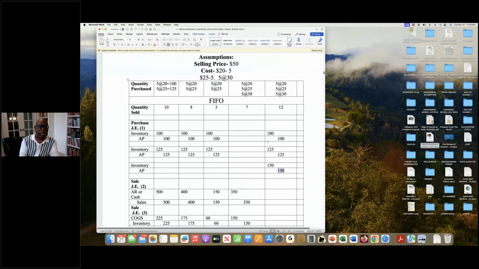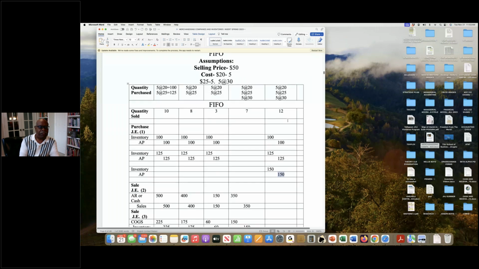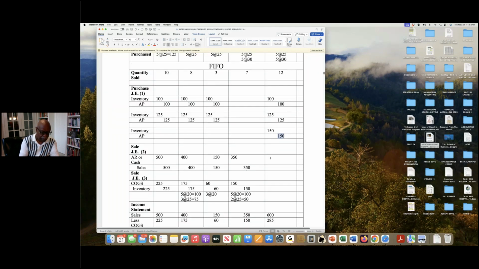And we sold 12 pairs of shoes. So 12 at 50 seemed like that would be about $600. For debit accounts receivable or cash, and we credit sales. Let's see how we come up with the cost. We sold 12. So we sold all 5